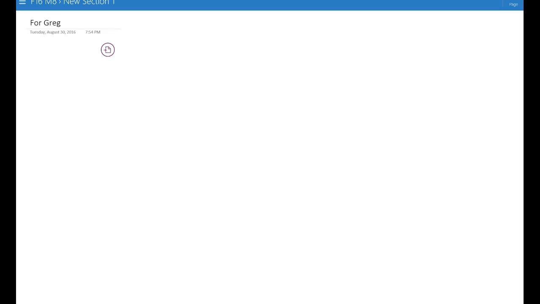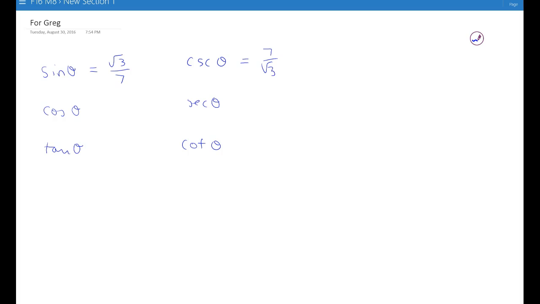So the problem you're asking me about is, what if I know that the sine of theta equals the square root of 3 over 7, and then I'm supposed to find all the other values of the other 5 trig functions. So we know sine theta, we're going to write our little chart: cosine theta, tangent theta, cosecant theta, secant theta, cotangent theta. Well, the one you always get, bam, right off the bat is the reciprocal, right? You're always going to know the reciprocal